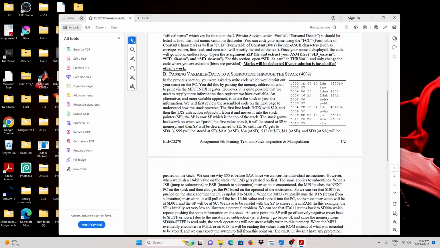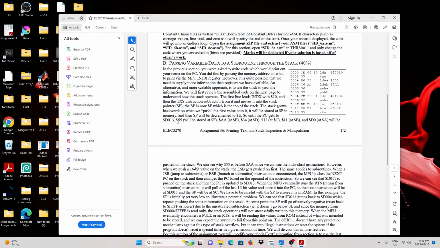The SP is now $F, because this is in hexadecimal. So you know, in hexadecimal F is the maximum. After F you get 10. So if you reduce 1, you're going to get F, which is the top of the stack, and the stack grows backwards. So when we push the first value on it, it will be stored at F in memory and SP will decrement to E. So until PC gets to D013, the 55 will be stored at F,